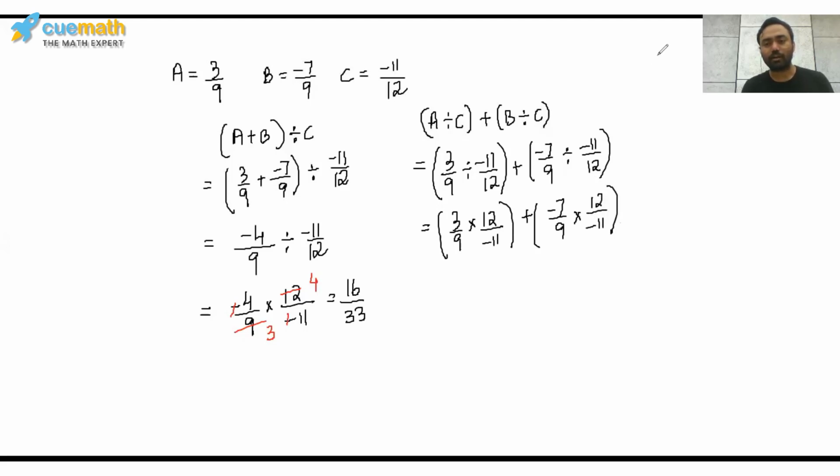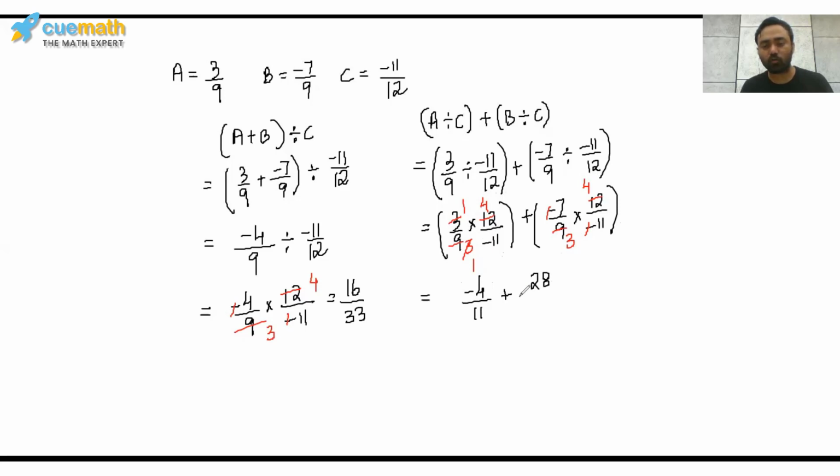Now let's reduce the fraction and eliminate the common factors. So 3 ones are, 3 threes are, 3 ones are, 3 fours are, negative negative gone. So 3 threes are, 3 fours are. So from the first bracket, we are going to get 4 over negative 11, but let us write it as negative 4 over 11 in the standard form. Plus here we are going to get 7 fours are 28.